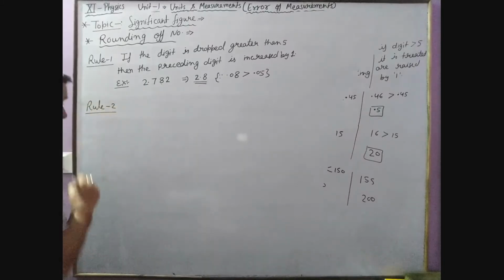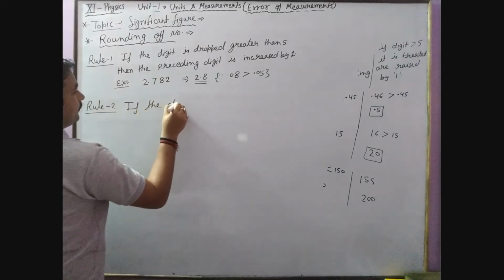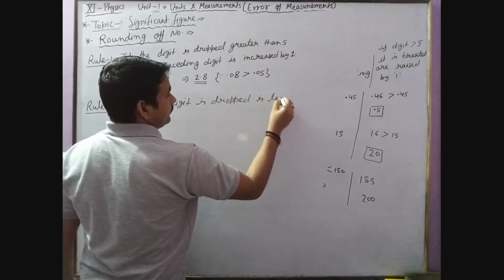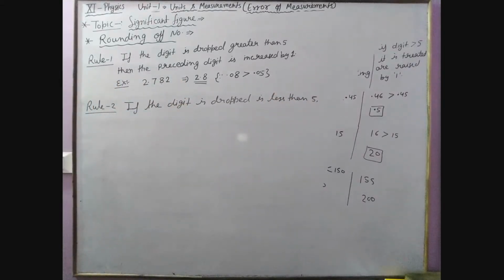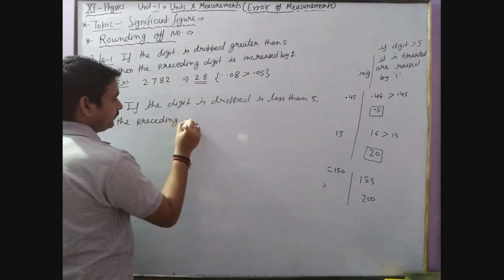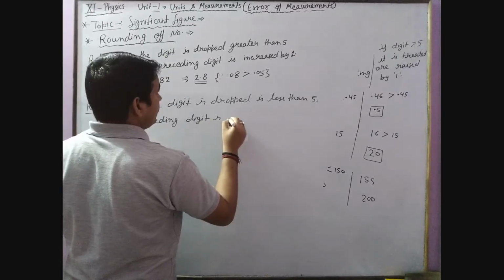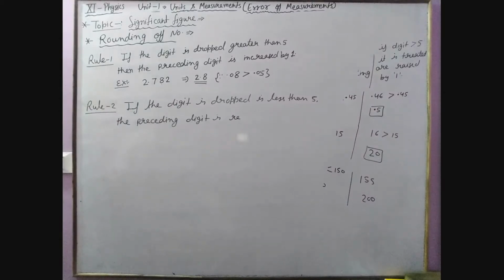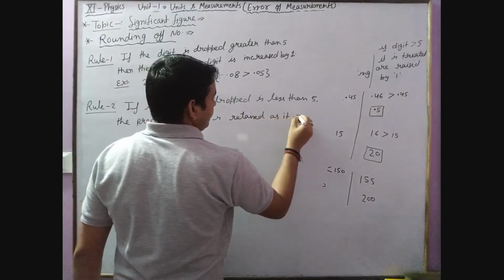Rule 2. If the digit is dropped is less than 5, the preceding digit is retained as it is. Okay, for example,